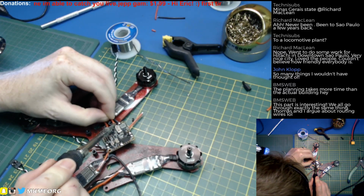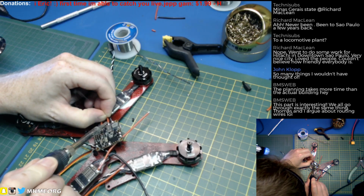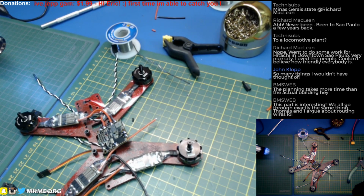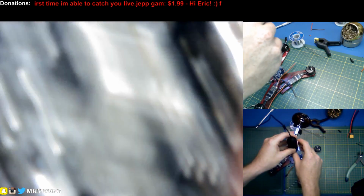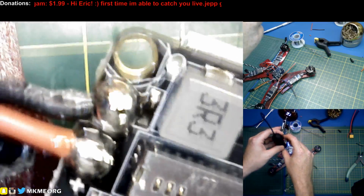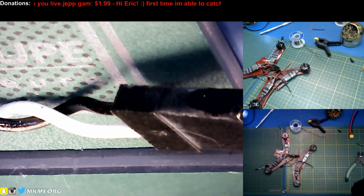Looks perfect. Well, not perfect, but plenty good enough in this case. That is bloody perfect. That is a beautiful solder joint. That'll do. Can we get those on camera for you guys? Maybe, just maybe. There you go. Well, here, I'll just hold it. And, oh yeah, if I turn the microscope this way, everything is right. So, focus isn't the best, but that's what they look like. That will do nicely. Again, not my best work, but